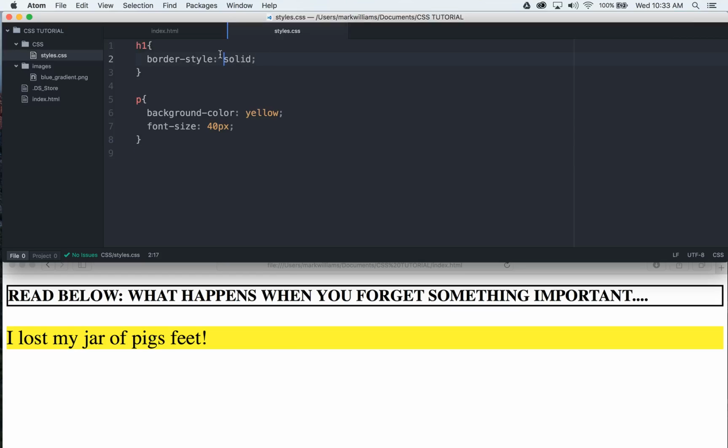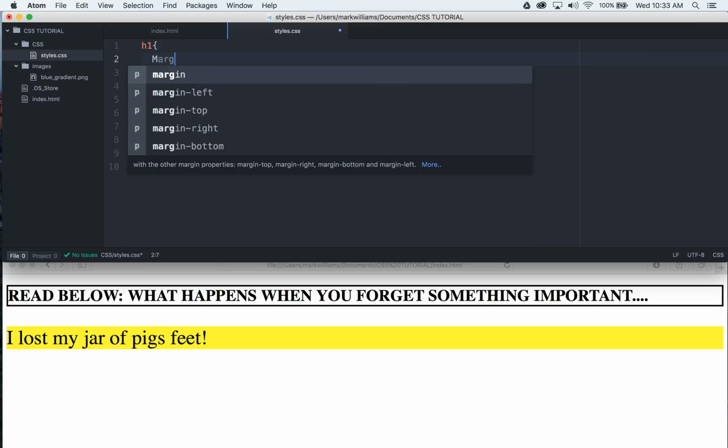So when we look at the box model, it's kind of like those Russian wood dolls where there's one inside of another, inside of another, inside of another. And the box model is pretty much how these all lay on top of each other. So on the outermost here, you will have